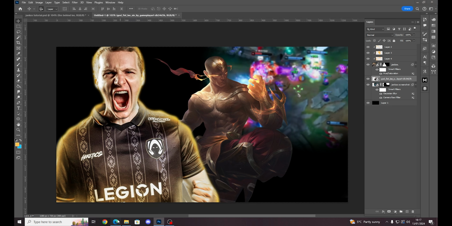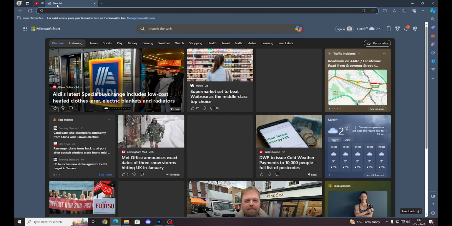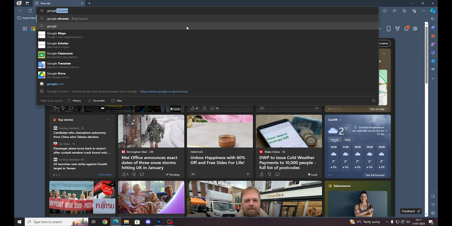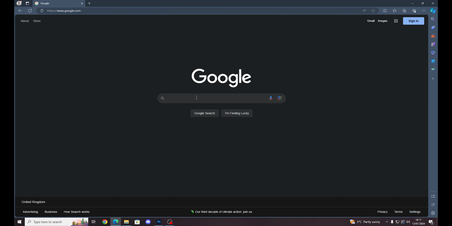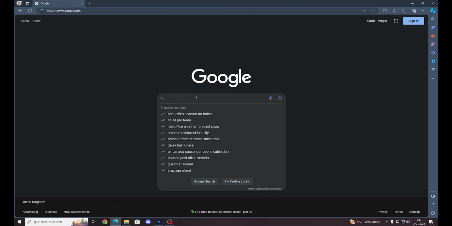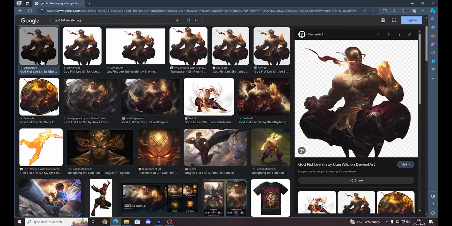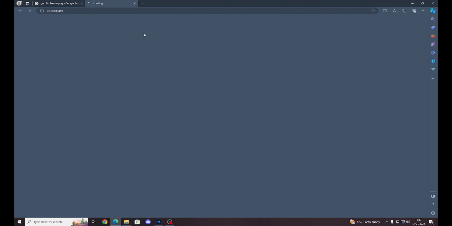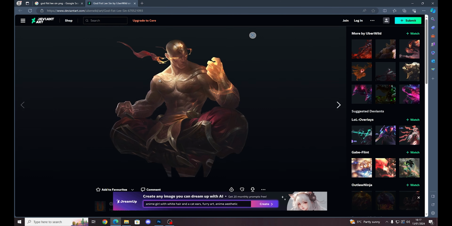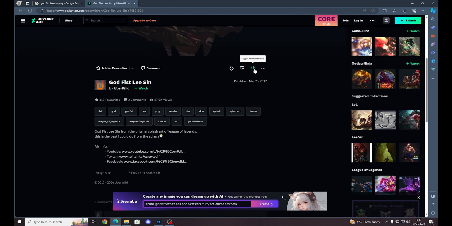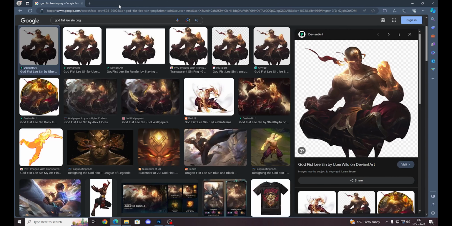What I do is I go online, close this tab, go on Google, and I type in the skin that I want. So in this case, it was Godfist Lee Sin, and then I just type PNG afterwards, and you see people have already pre-cut it for you. Click on this link and it's already been pre-cropped. You just have to download it here. So that's typically how I find it. It could be any other skin you want, and usually there's always options for you online